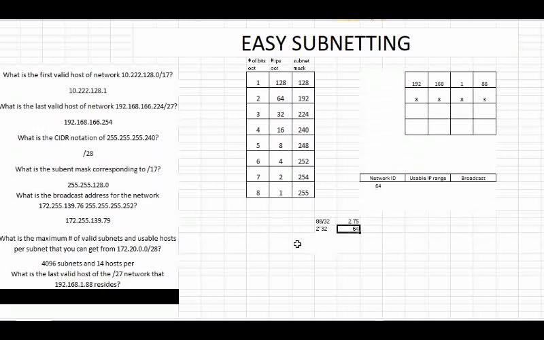And then what do you do with that? You add not 32, but 31 to that. So add 31 to that, and that's going to give you what? 95, right? So network ID is going to be .64. The broadcast ID is going to be .95, which means the usable range is going to be 65 through 94. So that means that the last valid host is going to be